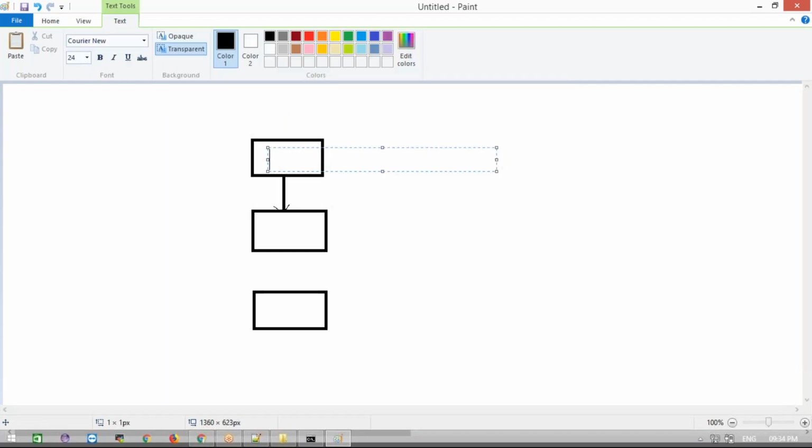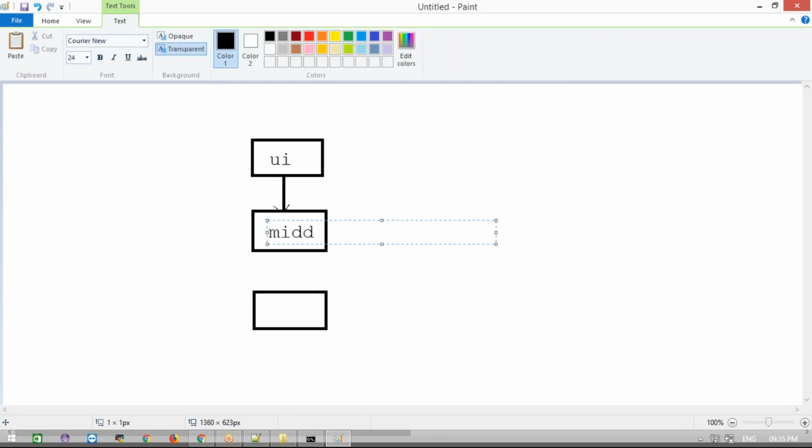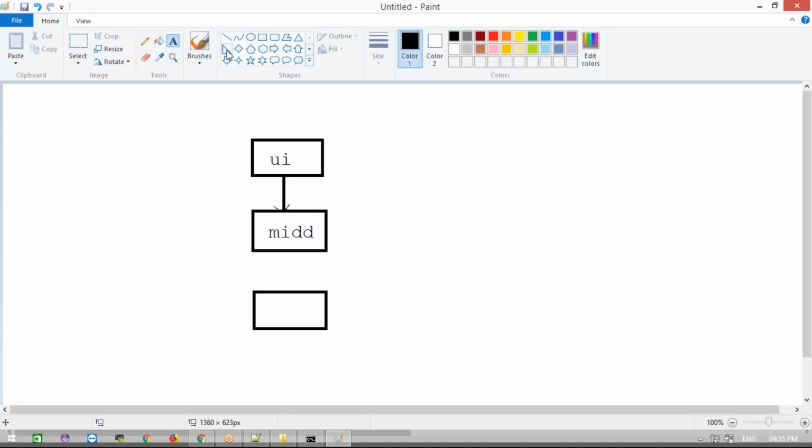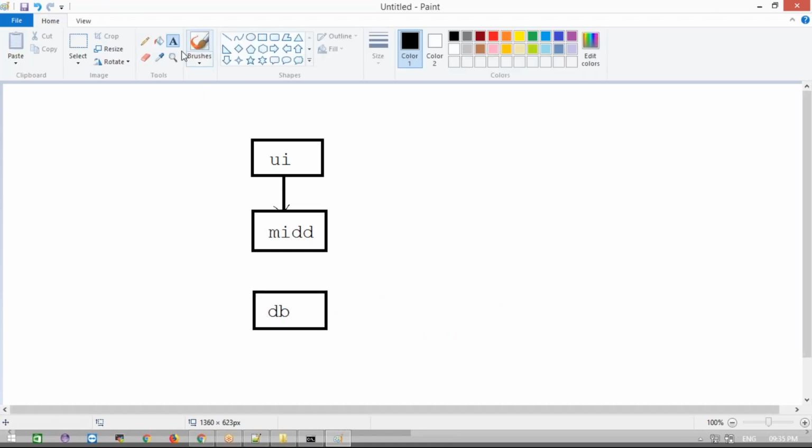I have a UI project, then some database project, and a middleware, a middle layer project, and then I have a database project. If I have successfully done my first project, then only I need to go for the second build, and after that I need to build the third build also. If the second build is successfully done, I need to build the third build also.